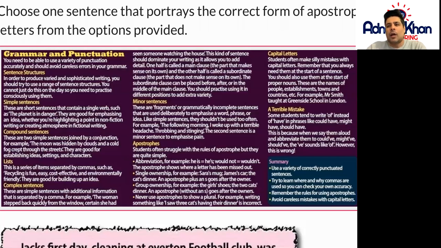Now, grammar and punctuation account for a high number of marks in GCSE English language exams and GCSE English literature exams. And it's quite common that students make careless mistakes when it comes to grammar and punctuation. So we need to take into account